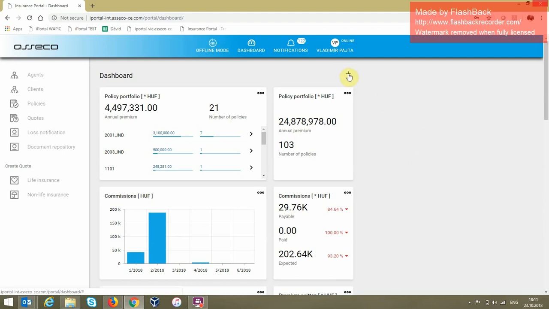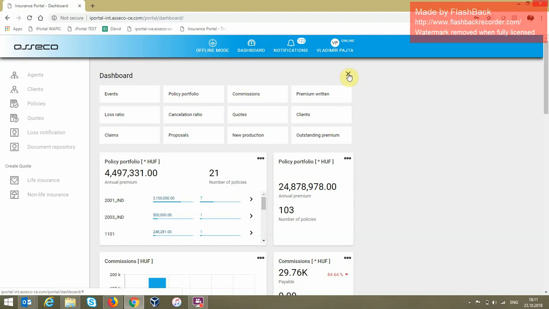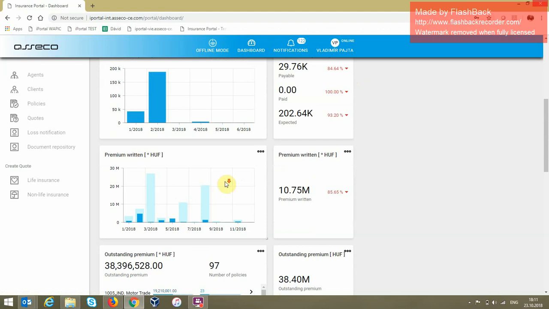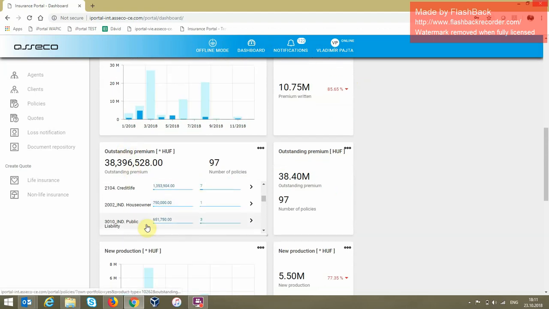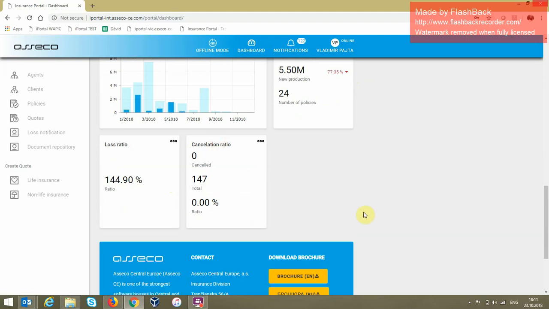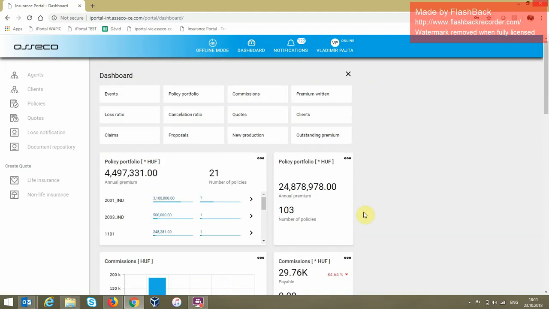Currently, the portal supports 12 different business areas. These are policy portfolio, commissions, premium written, outstanding premium, new production, loss ratio, cancellation ratio, events on the policy such as anniversaries, renewals, maturities, and the portfolio of quotes, clients, claims, and proposals. Every widget has its own